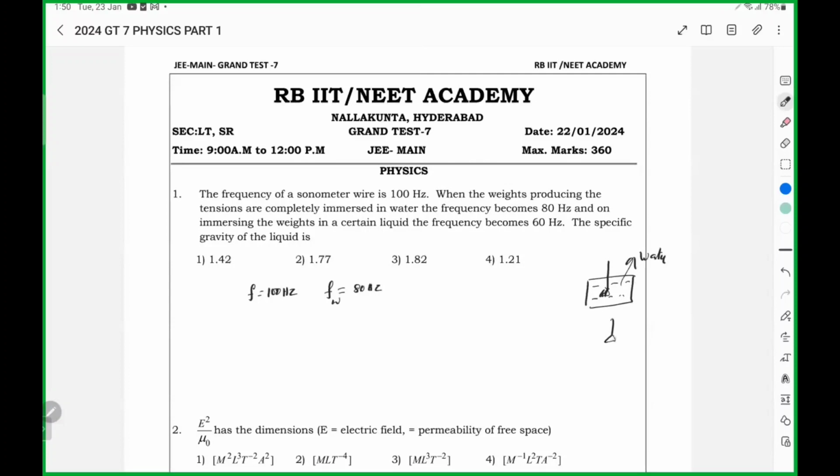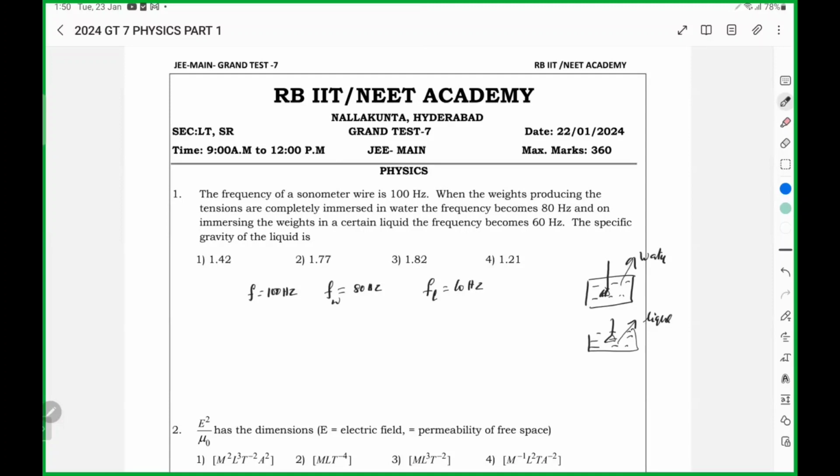When the corresponding weights are placed in some liquid, then its frequency is 60 Hz. Now, the basic thing here is